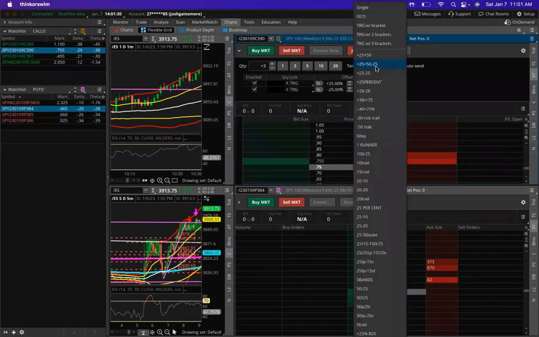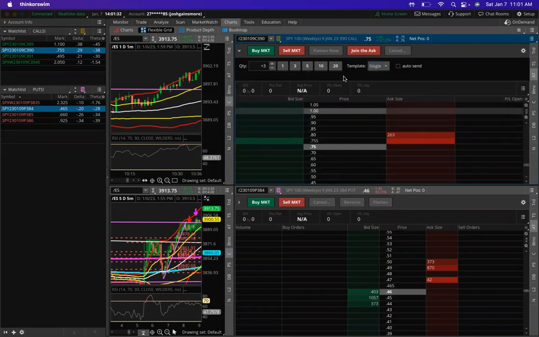Okay, now you could just use it on single, right? And what is that doing? Well, that's just a single order, right? Which means I would buy, and then nothing's on there, no stop losses, no profit targets, no anything. I'm just kind of eyeballing and then looking to sell market, join the ask, flatten out to get out. That's not a very effective way to trade,